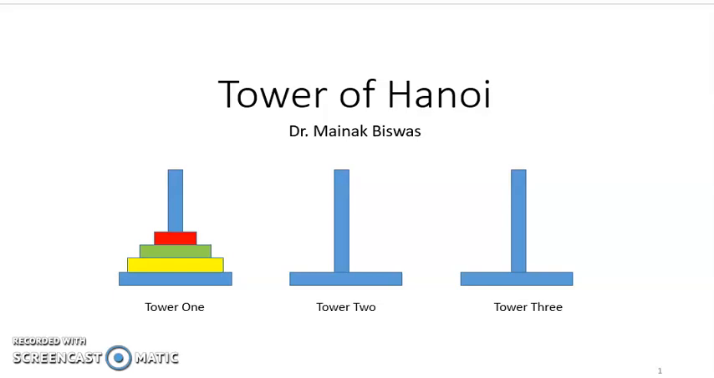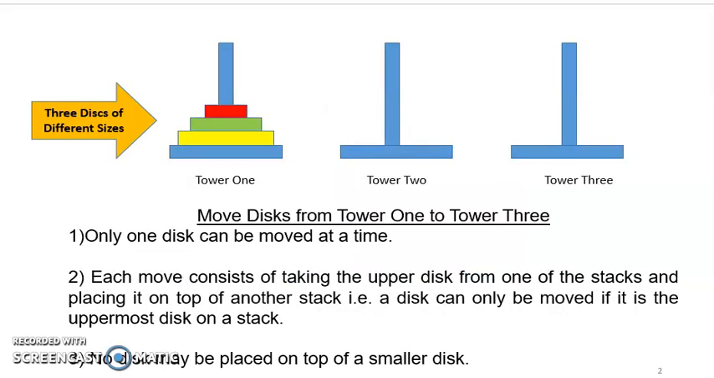Today we are going to look into the recursive problem of Tower of Hanoi. So basically there are three towers, Tower 1, Tower 2 and Tower 3, and there are three disks of different sizes kept on Tower 1. Now the problem statement is that we have to move the disks from Tower 1 to Tower 3, and the constraints